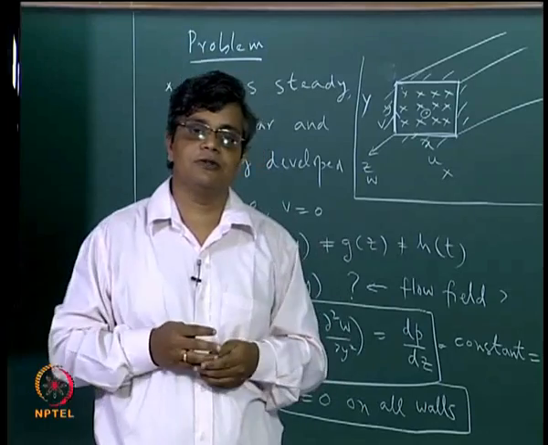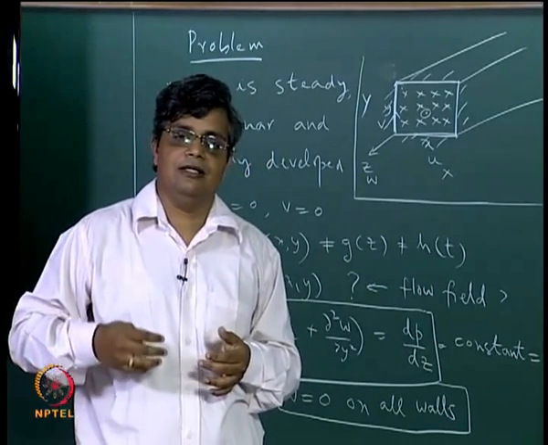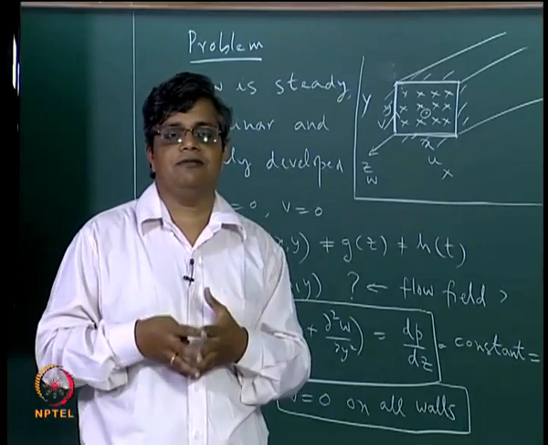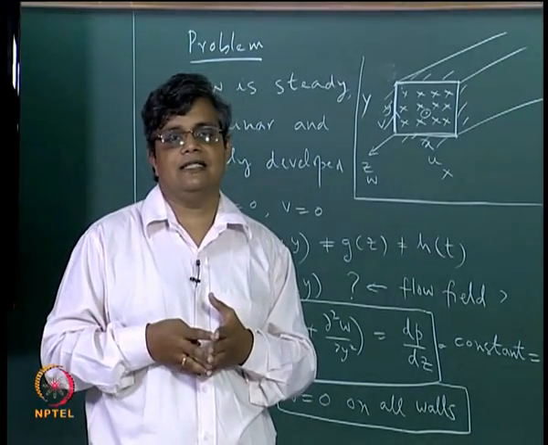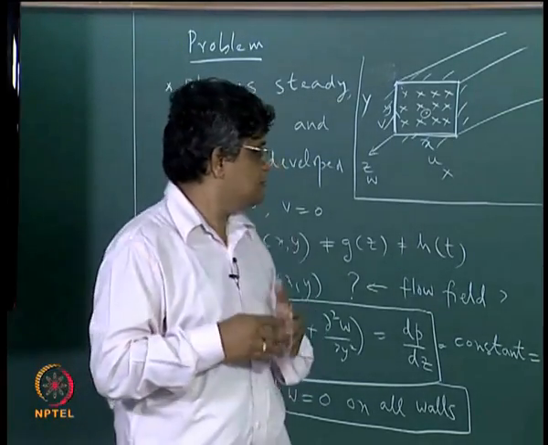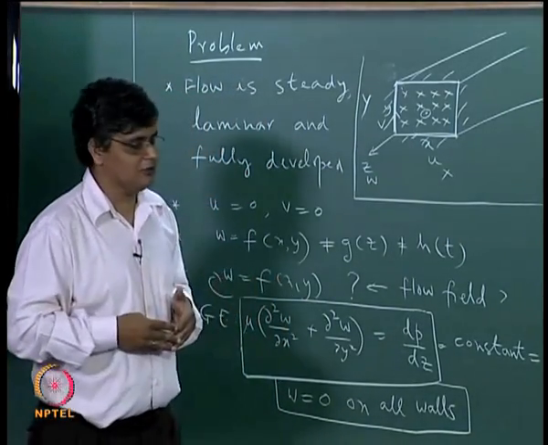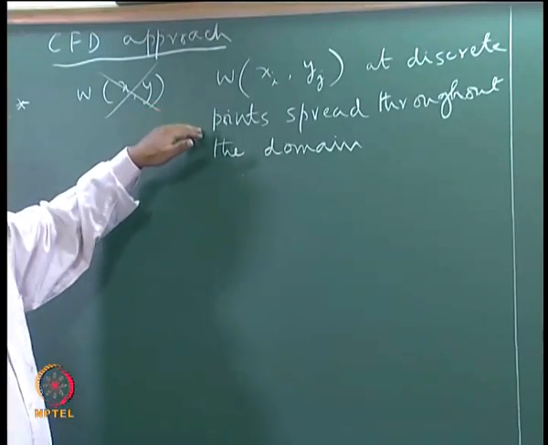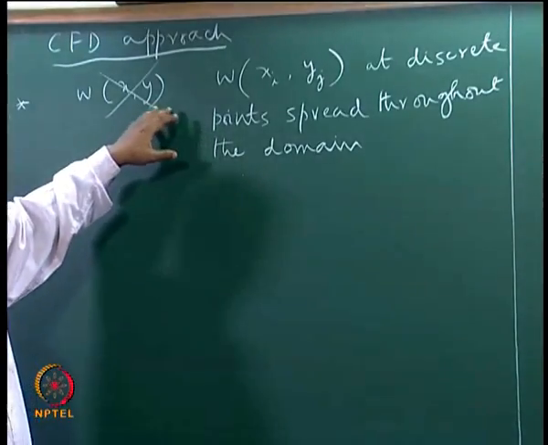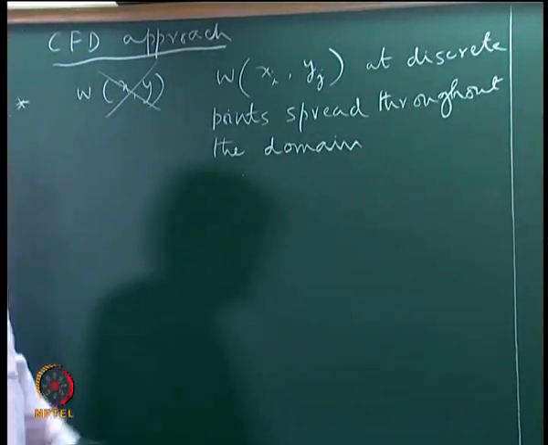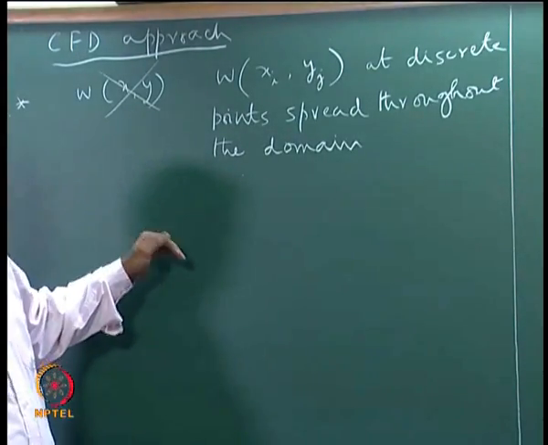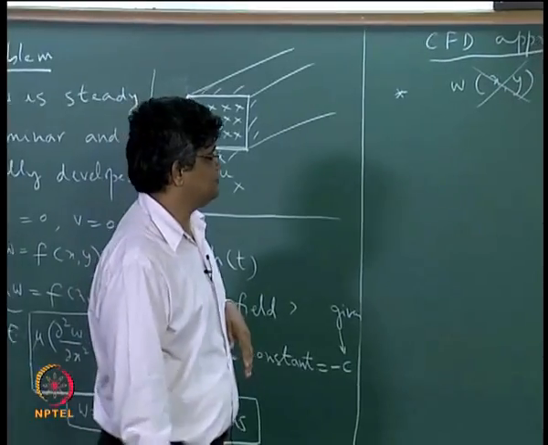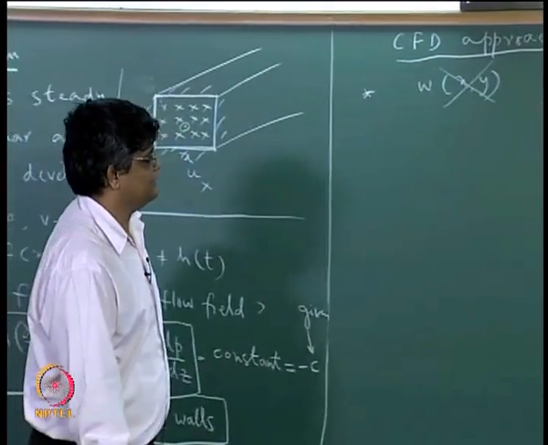Typically it may be 1,000,000 points within the domain. Only by evaluating the solution at 1,000,000 points can we get an accurate solution. So the first point that we would like to know about a CFD solution is that the solution is obtained at discrete, pre-identified points which are spread throughout the domain. And if we want to get a solution at any point in between, we have to do it by interpolation or extrapolation as necessary,